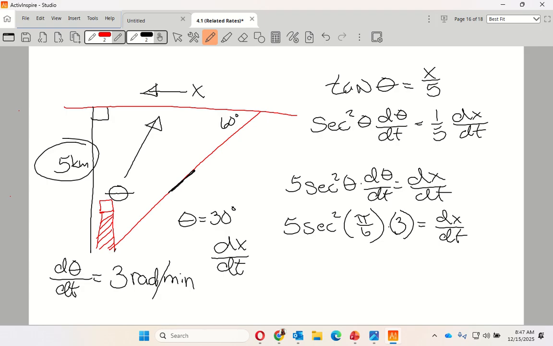And then it's squared? Yep, we still got that square. So when we square it, I'm going to get 4 over 3, then times 3 cancels, and then 4 times